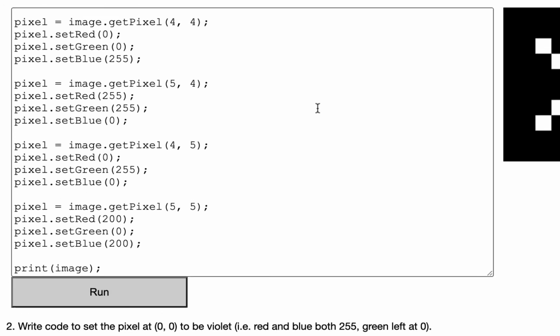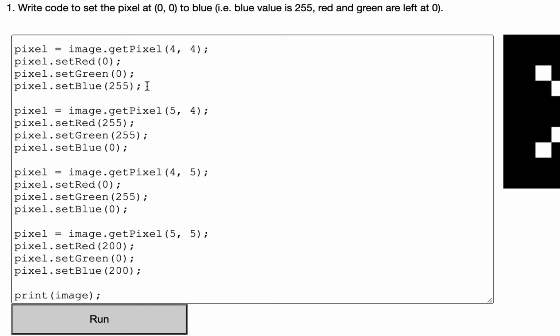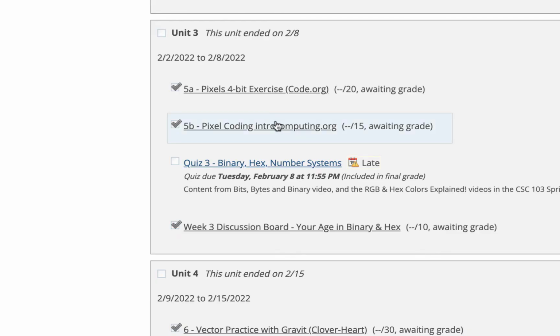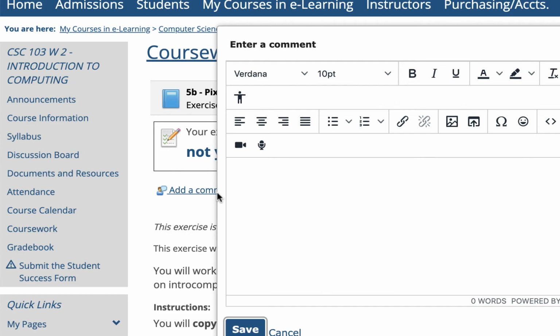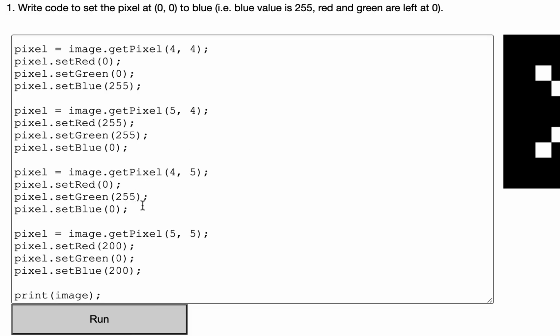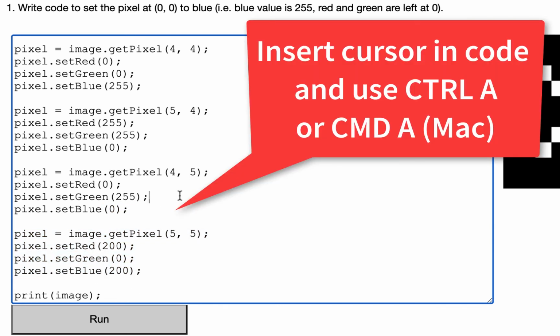If you were having problems with this or you haven't done it, your finished product should look like this. And then you're just going to copy this code and paste it in your comments when you're done. So then you're just going to go to 5B, and even if it's closed, even if you didn't do it, just go here and add a comment and go back here, copy all this code. Just put your cursor in here anywhere. You could highlight it, but you can also just click your cursor in here and do Control A if you're